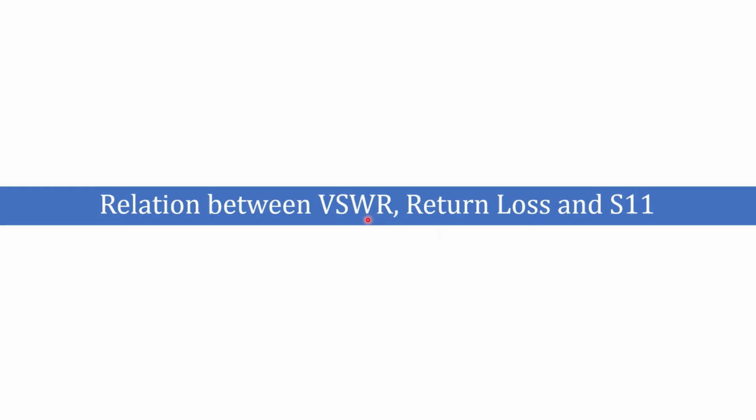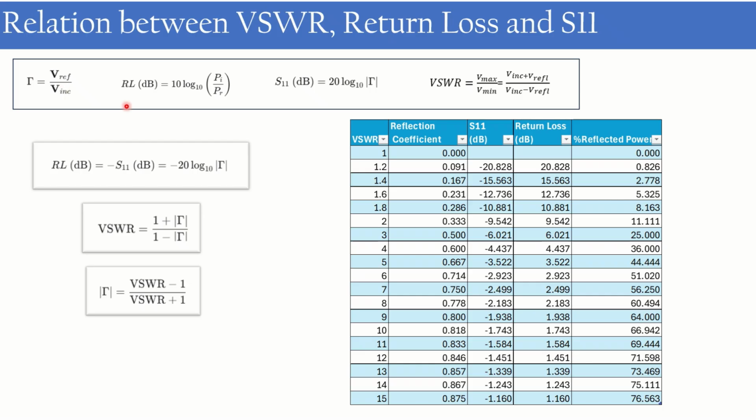VSWR, return loss and S11. In this video we are going to explore the relation between VSWR, return loss and S11. These are the relations that we have previously discussed: the reflection coefficient is equal to V reflected by V incident; return loss is equal to 10 log 10 of P incident by P reflected; S11 is equal to 20 log 10 of the reflection coefficient; and VSWR is equal to V max by V min,